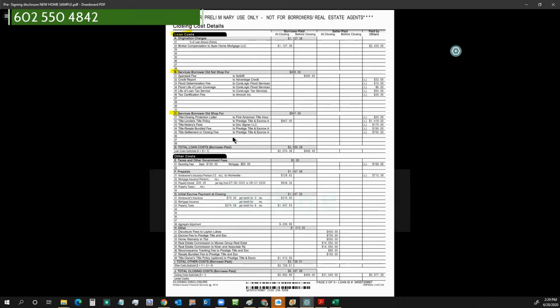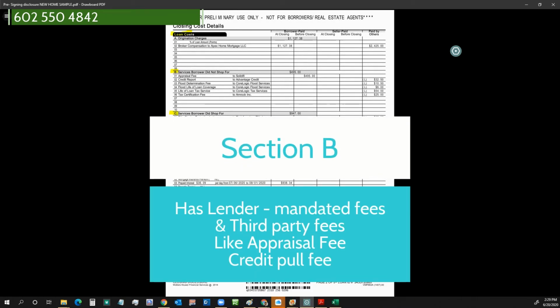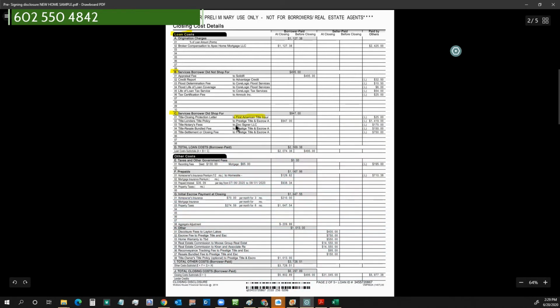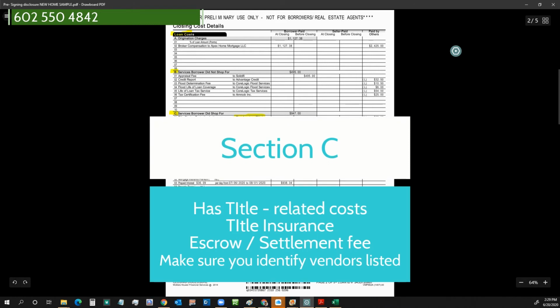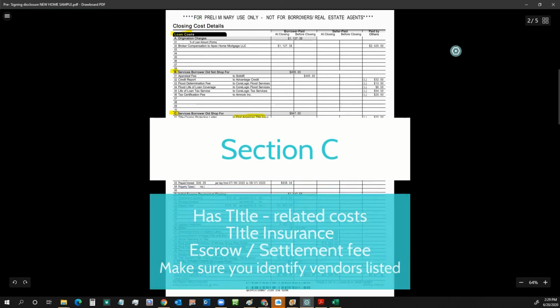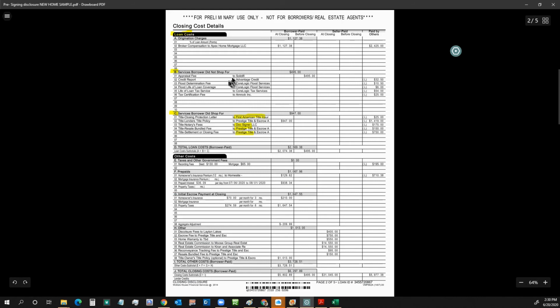They are part of your loan, but they are all related to your title because they are all going to other vendors like American Title. In this case, there is a notary signature, then there is a bundle fee, whatever the settlement fee. So all this we just call third party junk fees, because all this has nothing to do with your loan, and all of these cannot be counted as your loan cost when you are comparing different loan